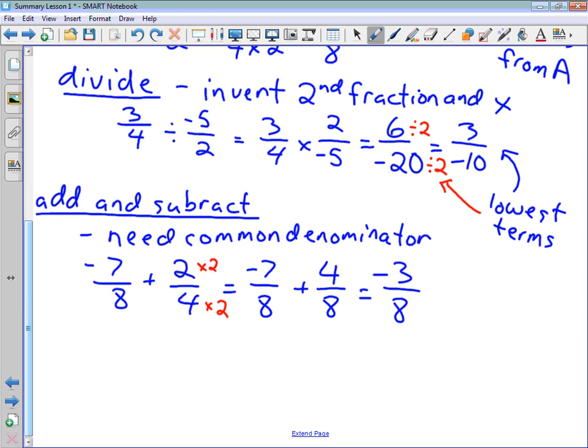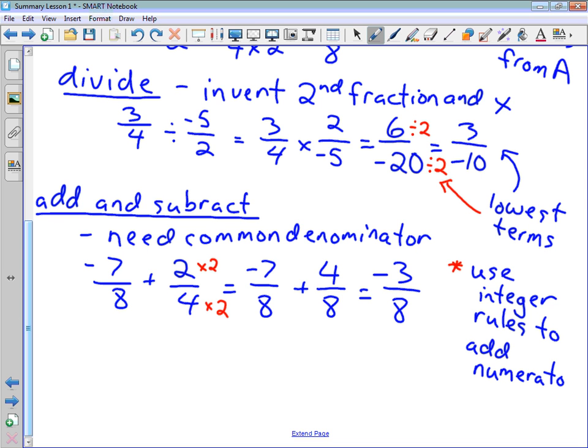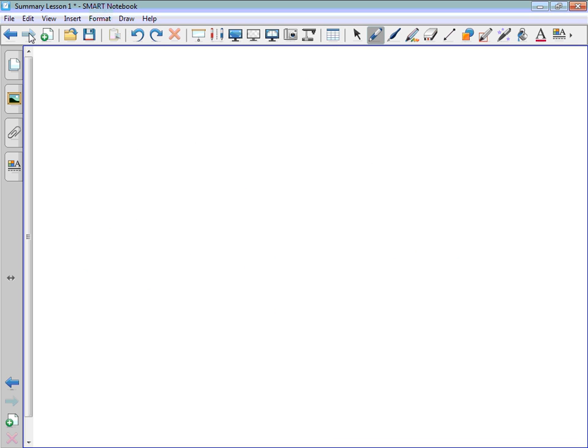I might make another little connection here to say that, use integer rules to add numerators. And then that would be the end of it for box B. So C, my next topic,